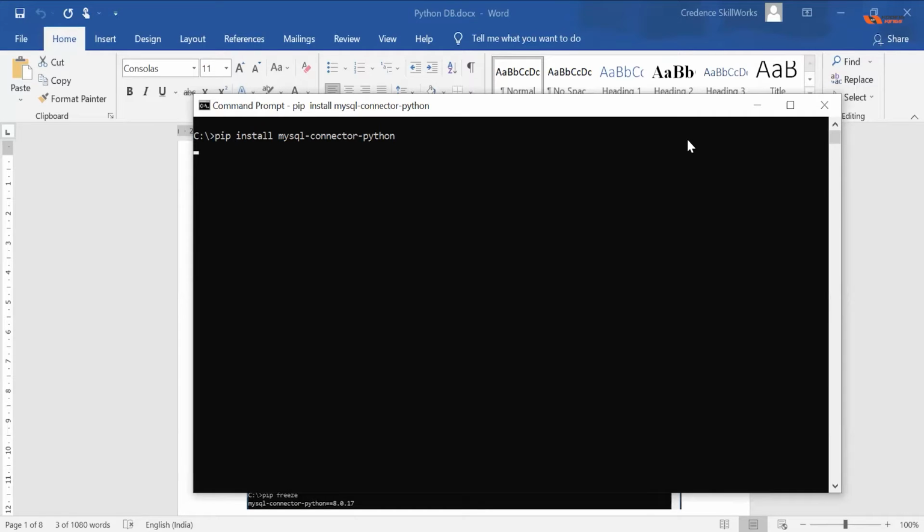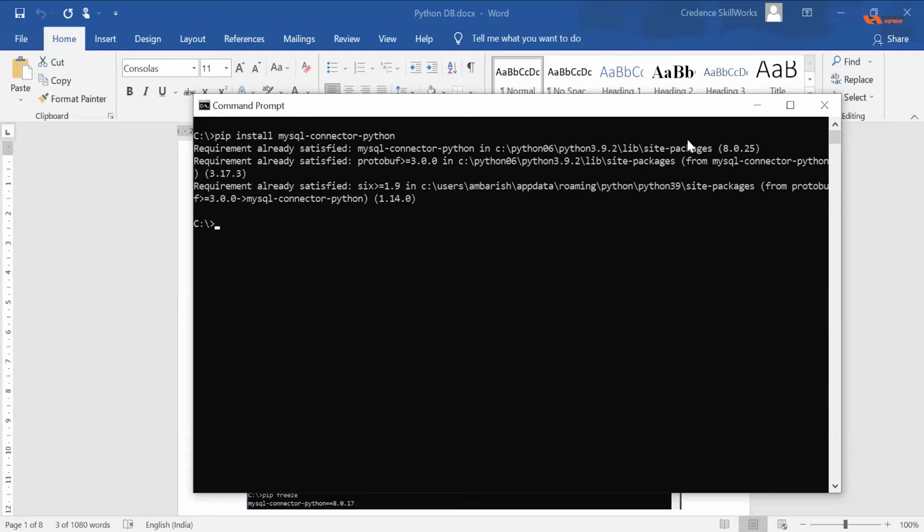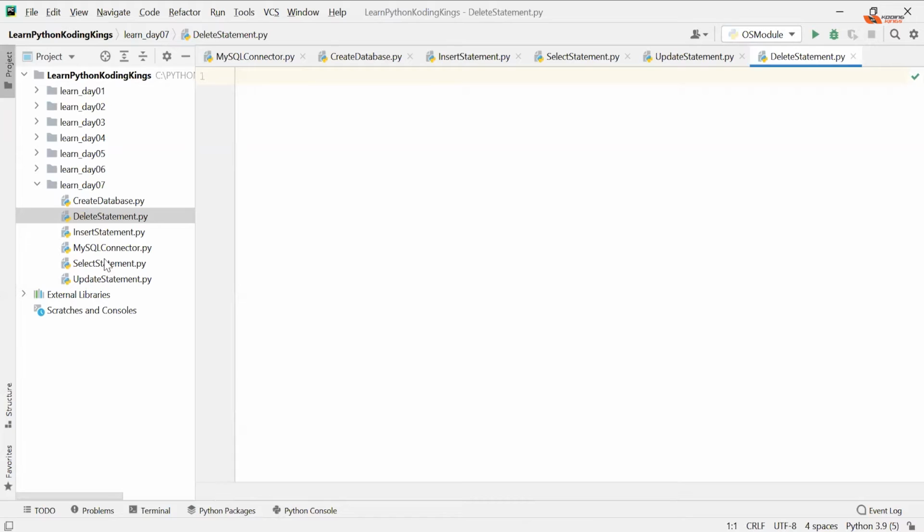Remember that databases talk in SQL and Python obviously speaks Python. So if Python wants to interact with the database, you need a mediator. That mediator is MySQL connector. I already have it installed, so I'm not doing anything, but for you, it will actually install something on your computer. Cool with that? After that, you can come back to your PyCharm